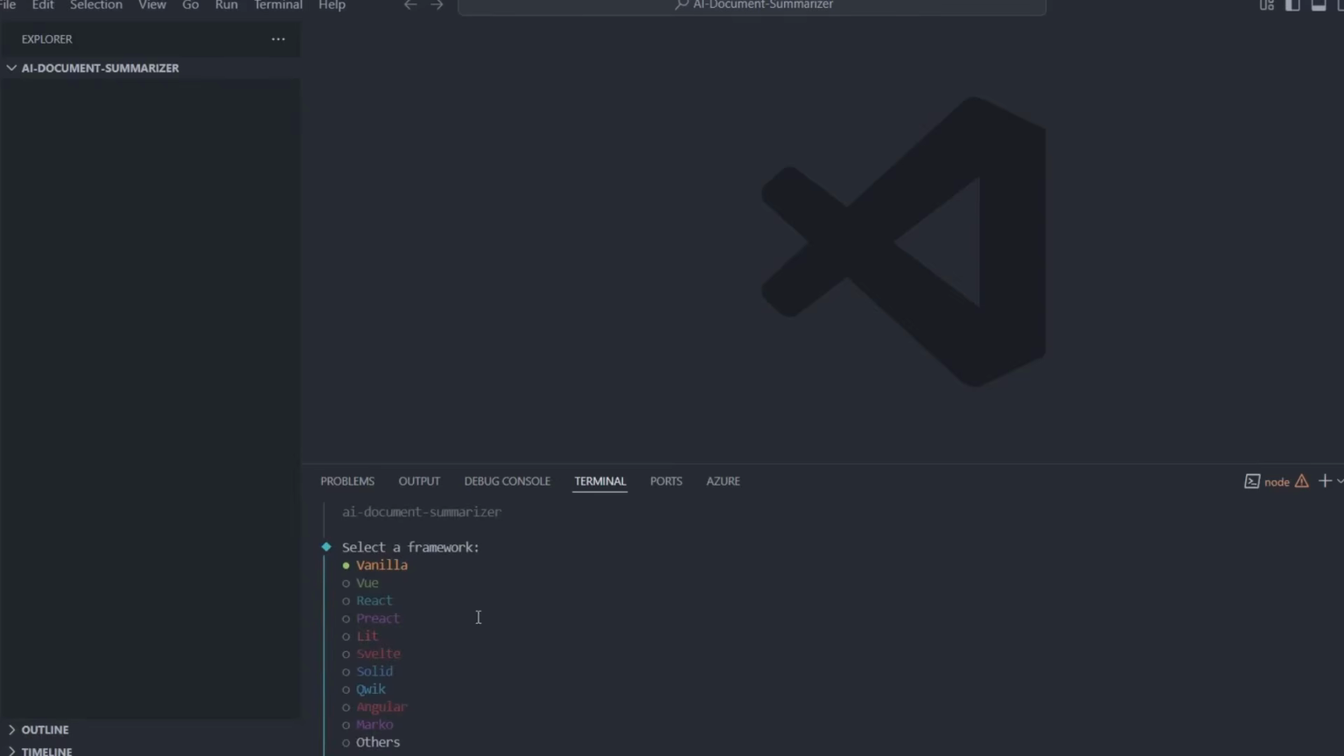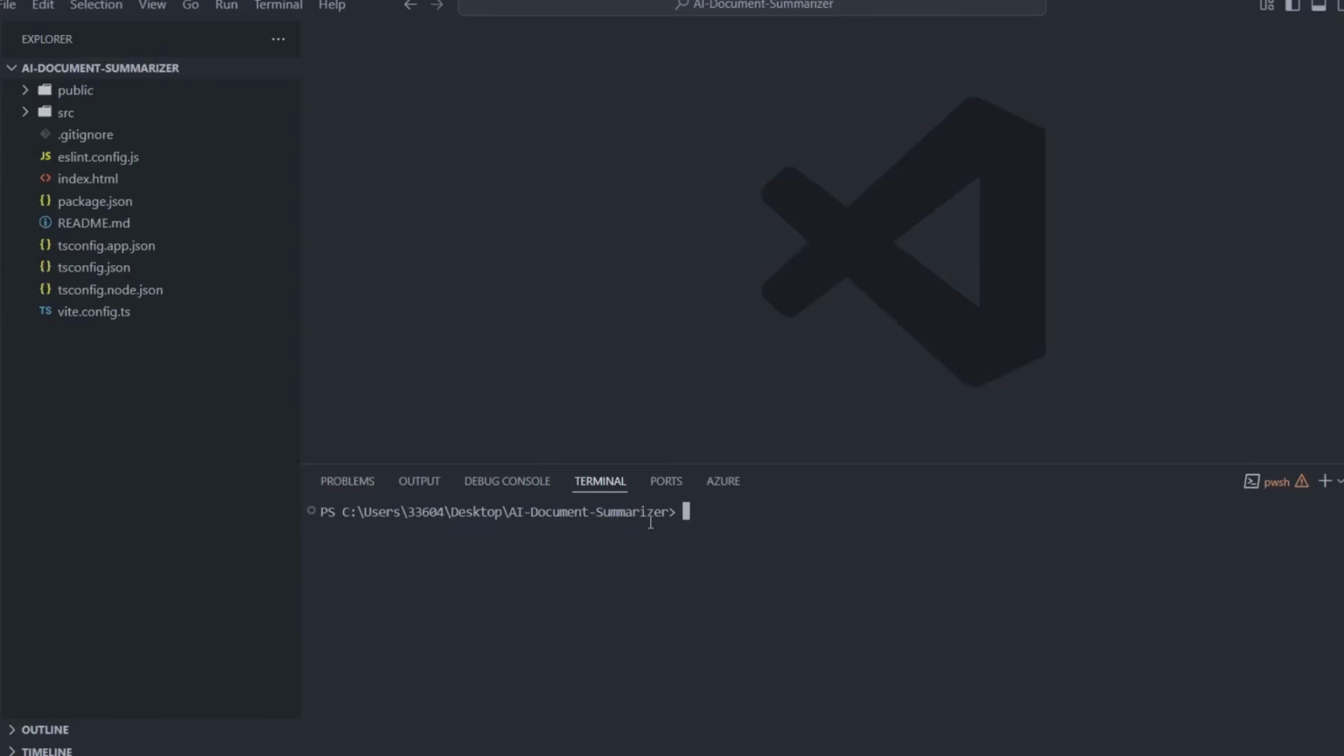Then it asks me which framework. I will pick React, then which variant. Of course, we are going to use TypeScript. And now the first thing to do when you initialize your Vite project, you click on